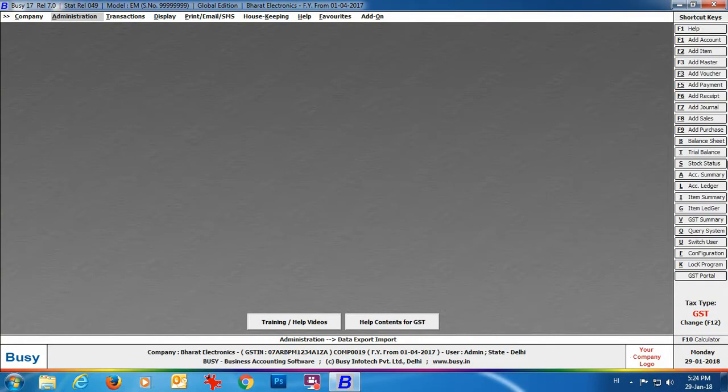We have discussed enabling the second language feature, entering second language details for company, item and account masters, entering transactions, configuring invoice and printing invoice in second language. Hope after going through this chapter you would be able to easily use the second language